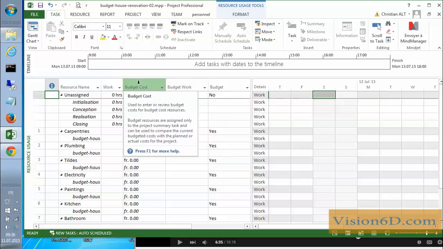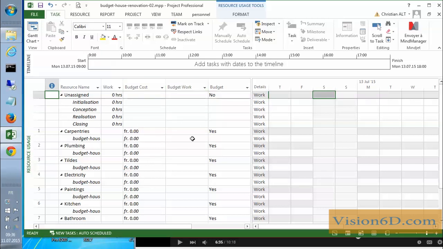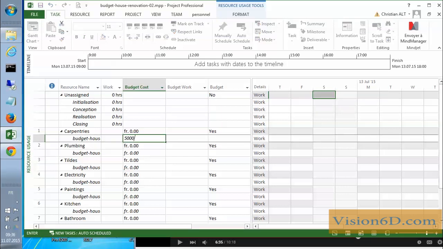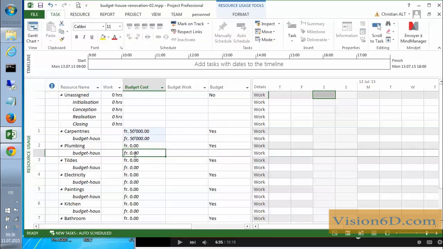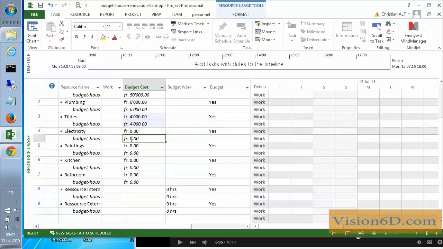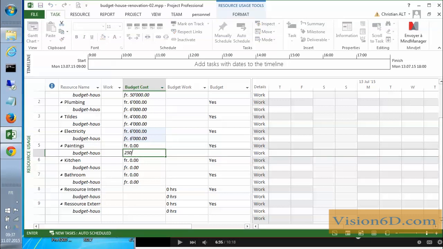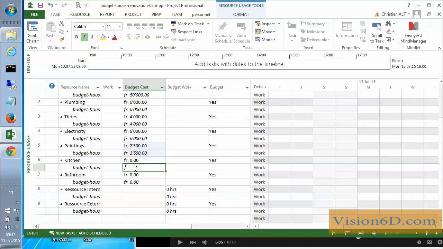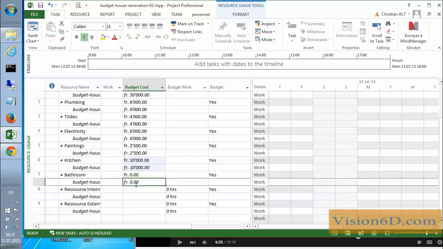And we see that there are cost, budget, and budget work. So it's where we are going now to enter the values. You see it on 2 lines. For the carpentry, I'm going to enter a 50,000 value. Plumbing will be 6,000. Tiles will be 4,000. Electricity will be 6,000. And paintings will be 2,500. We also had furniture to equip the kitchen, and we'll put a value of 10,000 there. For the bathroom we also have furniture and equipment, and we will put